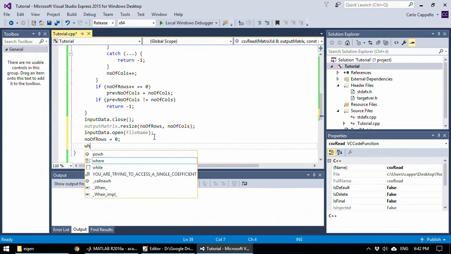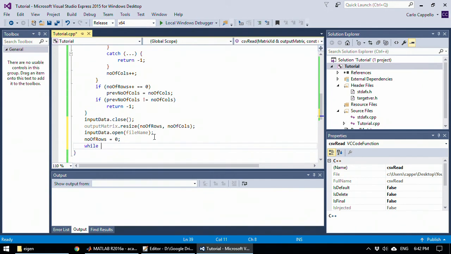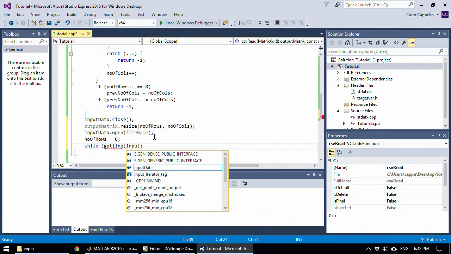It's a variable that is not used anymore, and so basically now I will actually acquire the elements into the matrix. So again I will get a line from the file,